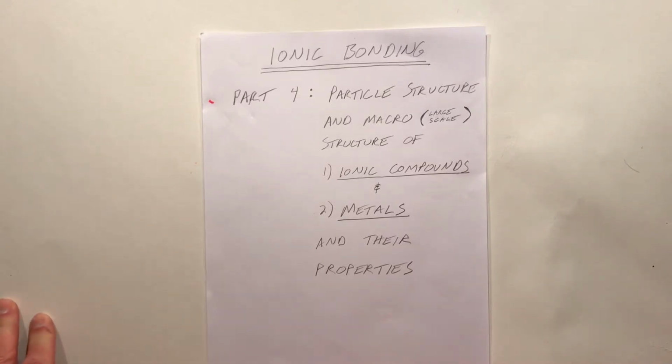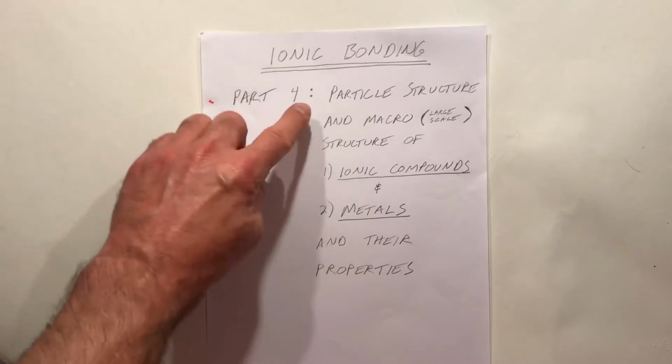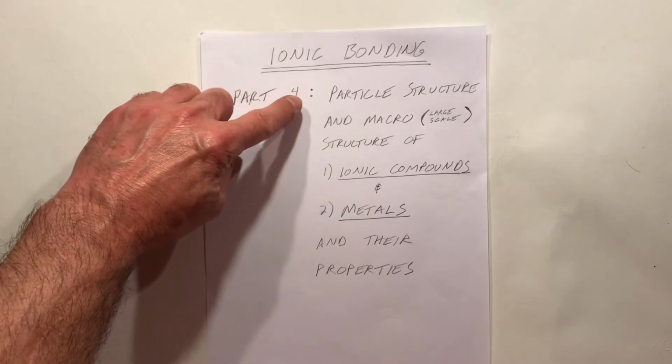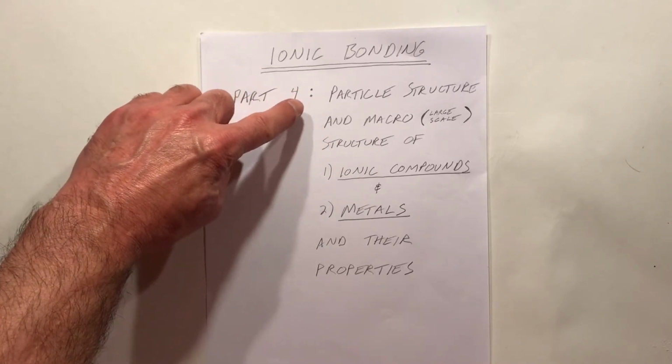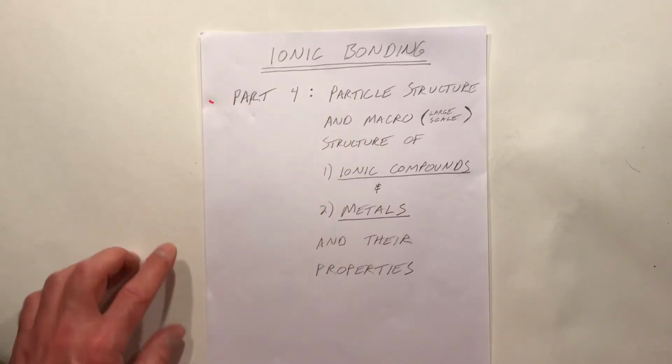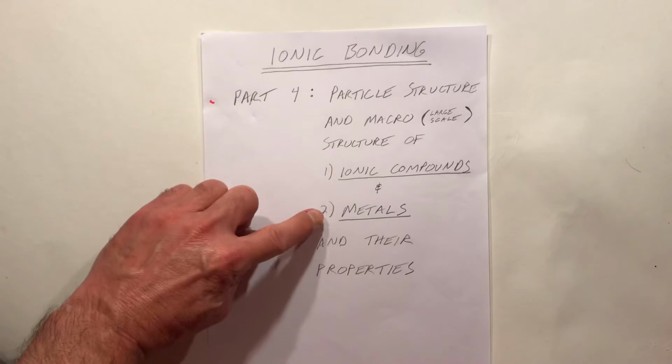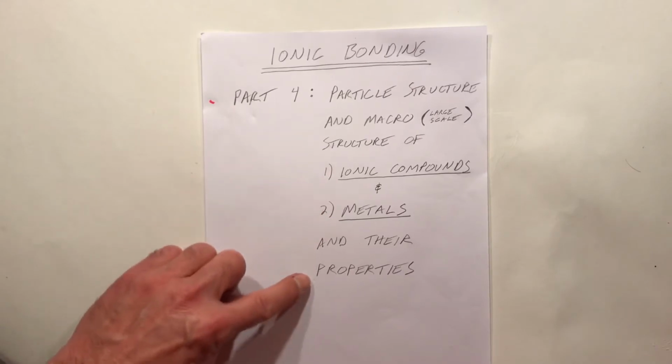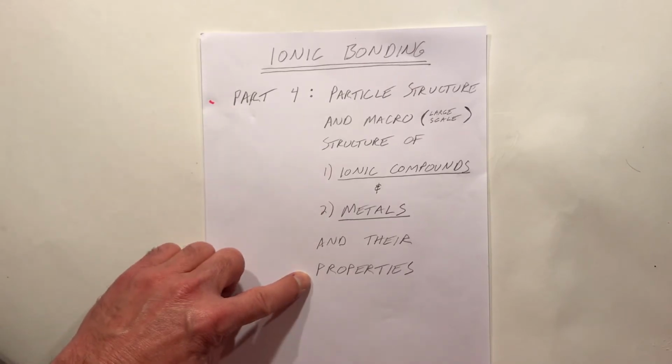This is a video on ionic bonding. This is part 4 in a series, and our last video on ionic bonding. It has to do with the particle structure, or small scale structure, and the macro structure, or large scale structure, of both ionic compounds and metals, as well as the properties that we observe as a result of the structure